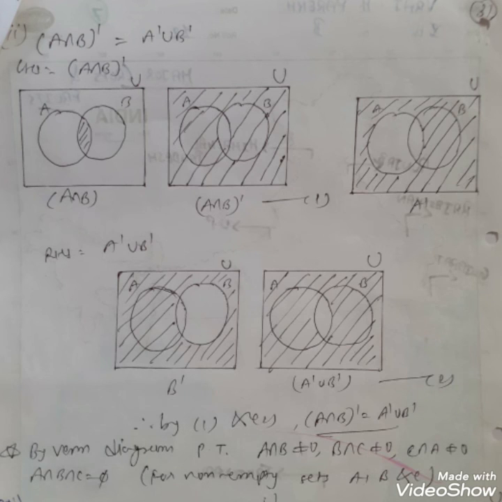Then we take the Venn diagram of A', meaning only circle A is empty, other elements of the rectangle are included. Similarly for the Venn diagram of B', only circle B is not darkened, other elements of the rectangle are darkened. So diagrams 3 and 4 show the Venn diagrams of A' and B' respectively. Now we take the union of them, so only the region where the elements are common to both sets A and B is not darkened, all other elements of the rectangle are darkened. This shows A' union B', so both are equal.